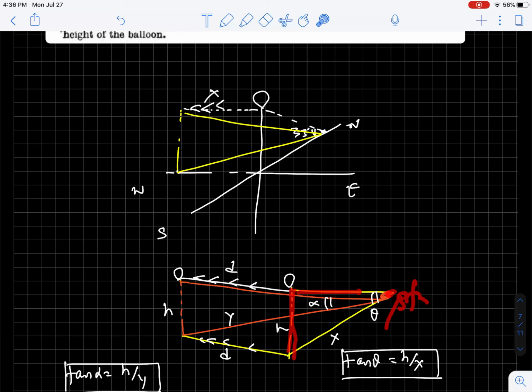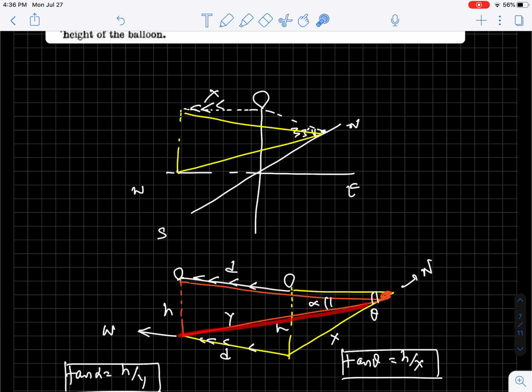From this point, angle of depression is theta. Okay. Let's say height of the balloon is h, angle of depression is theta. Done. Now this is your north direction. Balloon starts to fly in west direction. If balloon flies by distance d, and from another point, angle of depression, see, from this point angle of depression is alpha. Now see, because balloon is flying horizontally, there is no change in height.